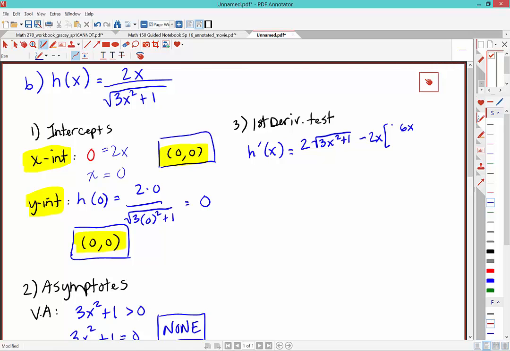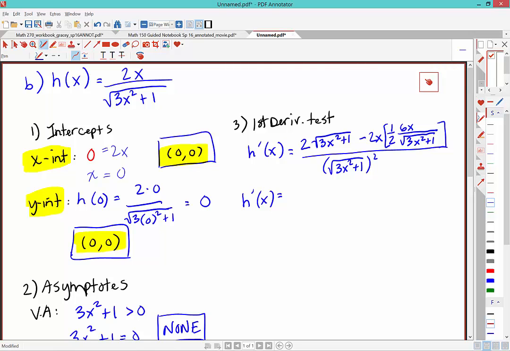We'll have a 1/2 times that, and then it'll be over root 3x squared plus 1. And that's all going to be over root 3x squared plus 1, the quantity squared. So h prime of x is going to be,